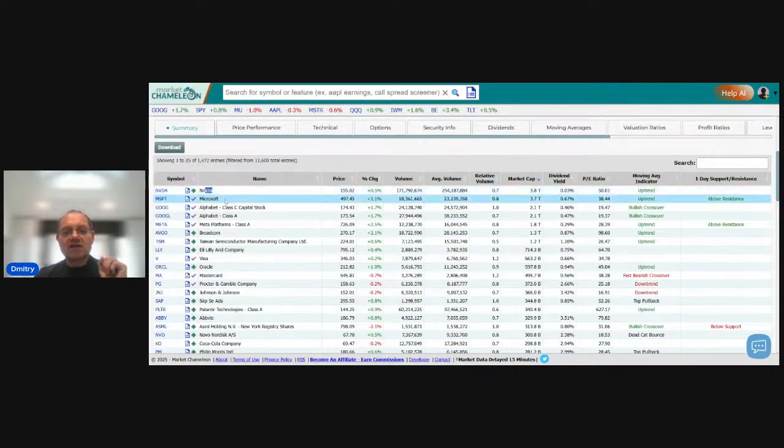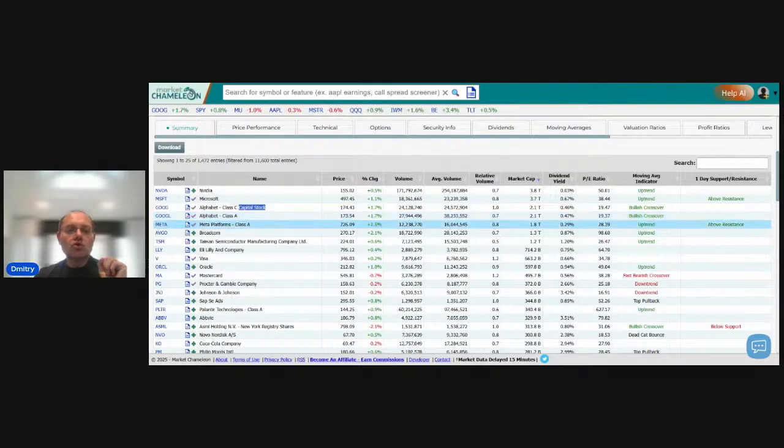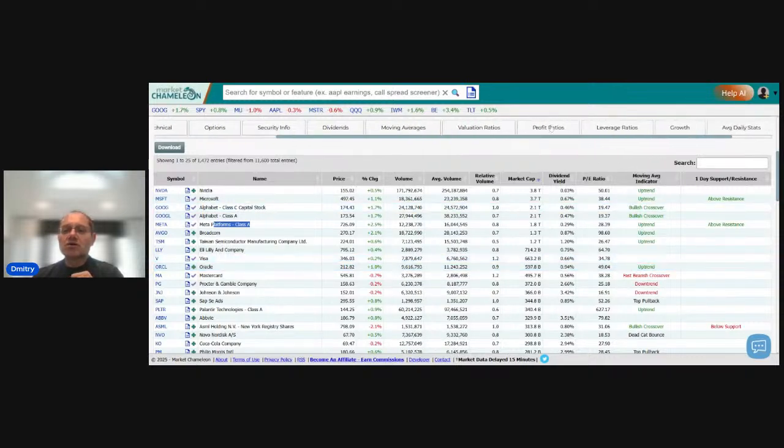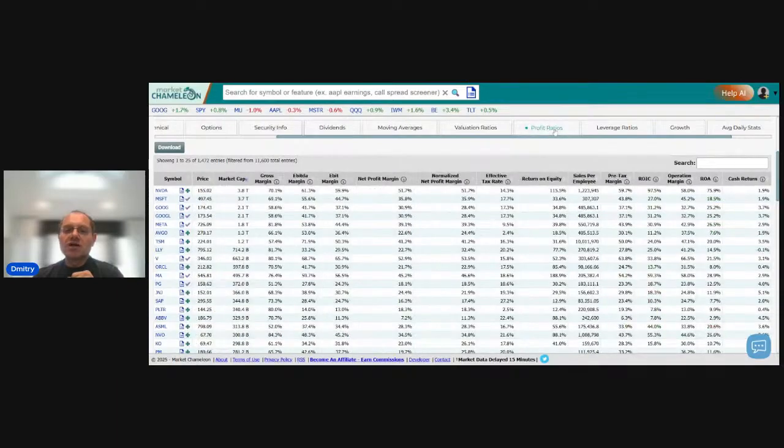So Nvidia made it up top, Microsoft, Google, Meta, all these have a profit margin of above 50%. And if we go up here to the tabs, we could click on the profit ratios over here, and we will see those in here. Let me see right here, gross margins. So let's say we narrowed down further, and